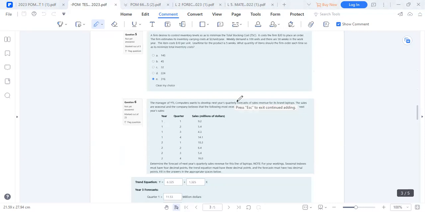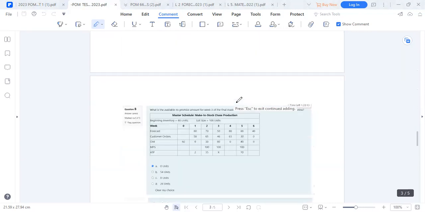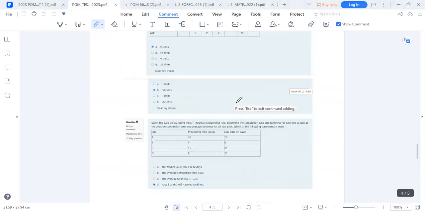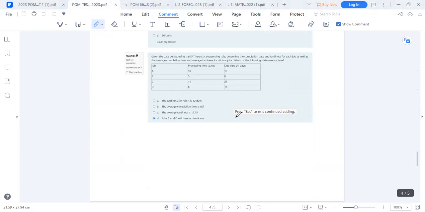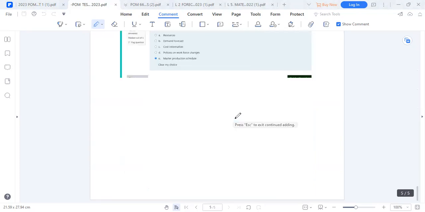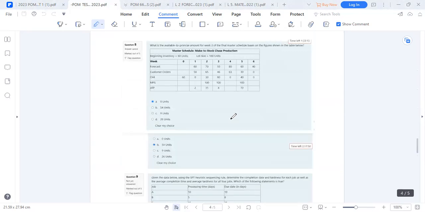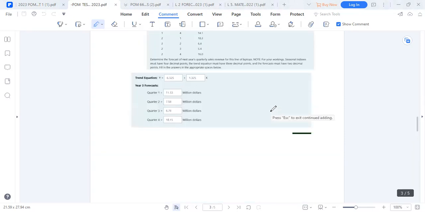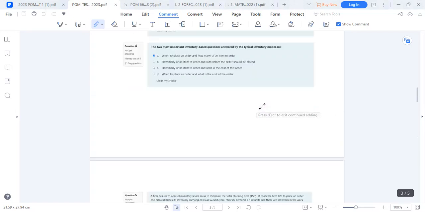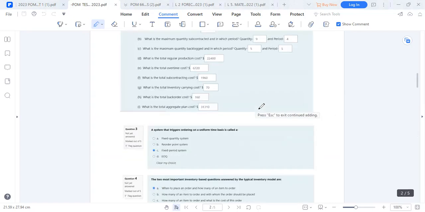Some of these questions are almost the same. They actually are repeated. So it doesn't matter the order in which we look at some of these questions. Okay. So we can now start going through these questions